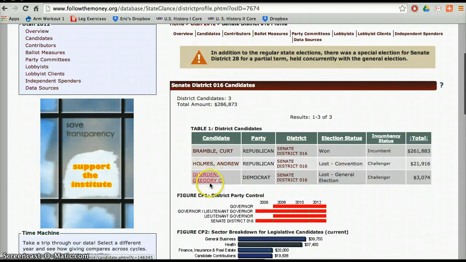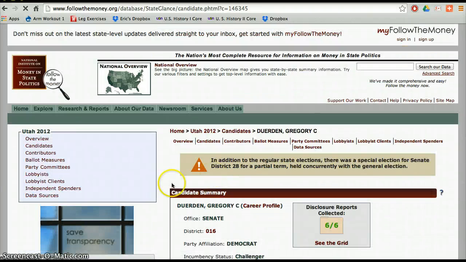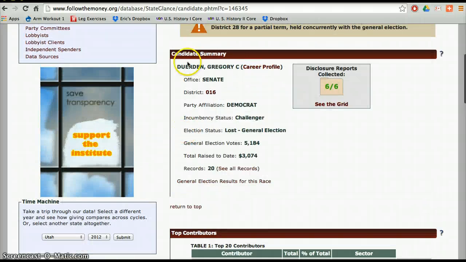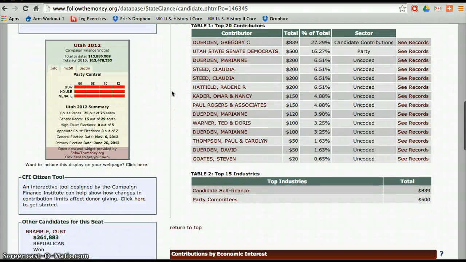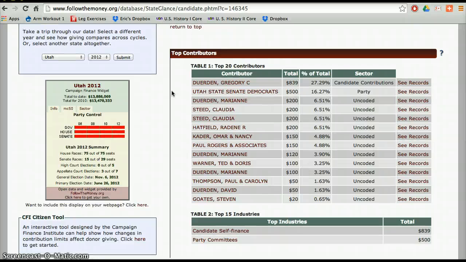Oops, I need to click on him again. Okay, there he is, Gregory Durden. It should say his name at the top. Okay, and here's an interesting thing. It looks like most of the people who donated to his campaign were individuals. It wasn't specific companies. Really, all you've got is the party, the Utah State Senate Democrats, and then his own